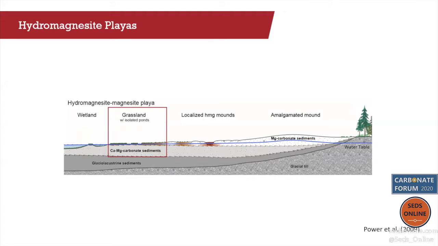Precipitation then continues in the emerged sediments to form localized mounds of what is now dominantly magnesium carbonate. Over time, these incipient mounds coalesce to form larger amalgamated mounds of magnesium carbonate. In order to assess the processes of carbonate precipitation across the playa, we sample pool waters and sediments at the